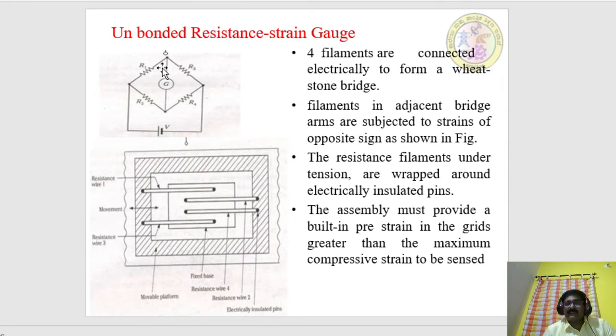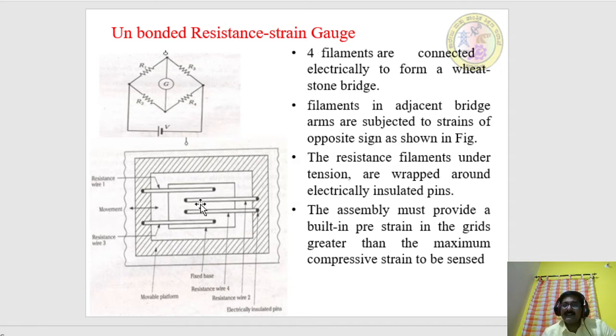Now see this electrical circuit, which is a Wheatstone bridge having four different resistors connected with a galvanometer, with these ends electrically insulated. Here this is resistance wire 1 and this is resistance wire 3, and this is resistance wire 2 and this is resistance wire 4. See, these resistance filaments have been